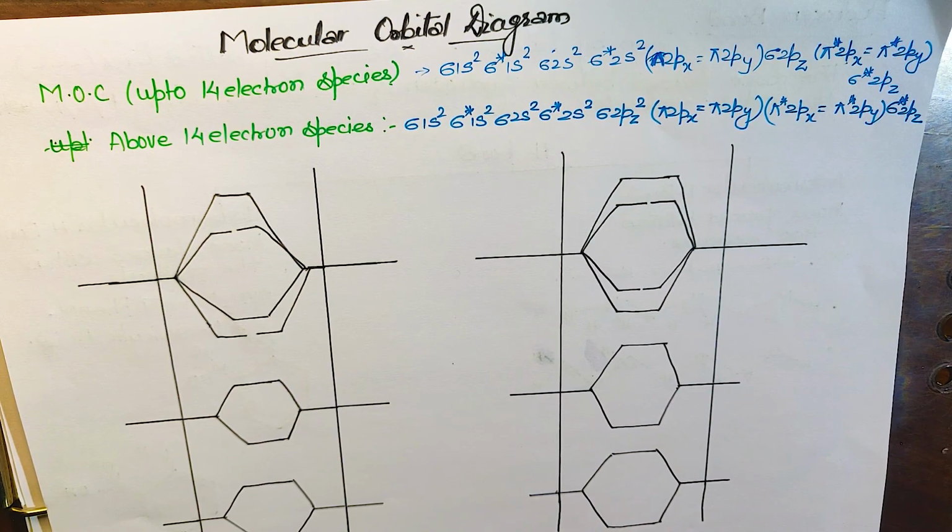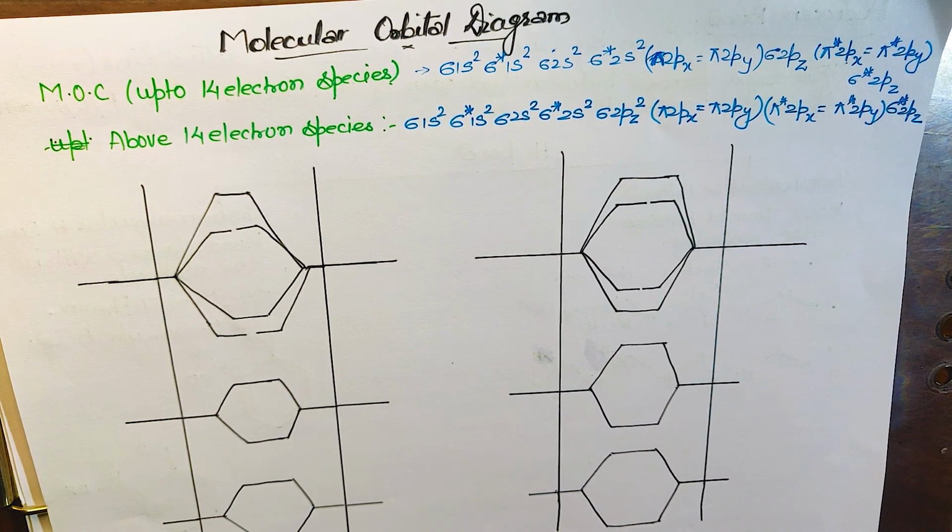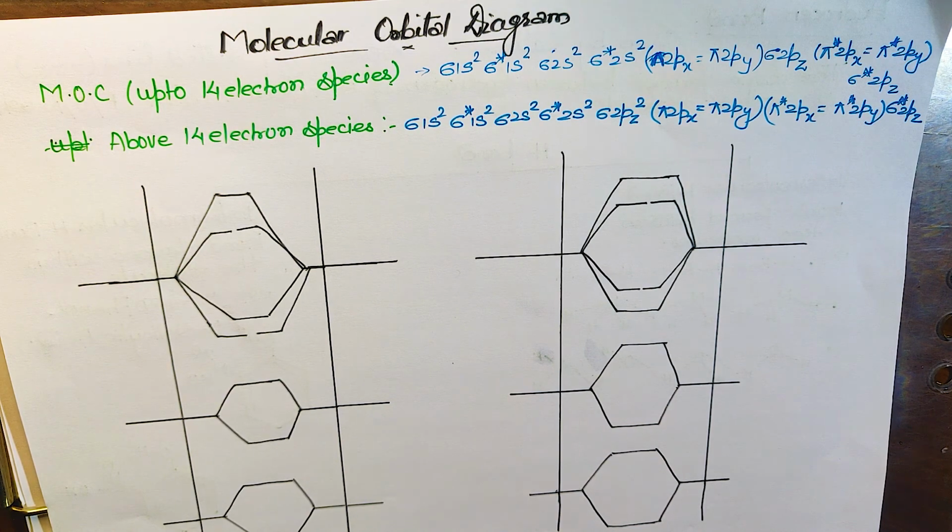Very good morning, class. Today we are going to learn about the molecular orbital diagram and hydrogen bonding, which is going to be the last topic of our chapter, chemical bonding. Before that, I have explained the molecular orbital configuration and the need for molecular orbital theory, and all that we have already discussed.